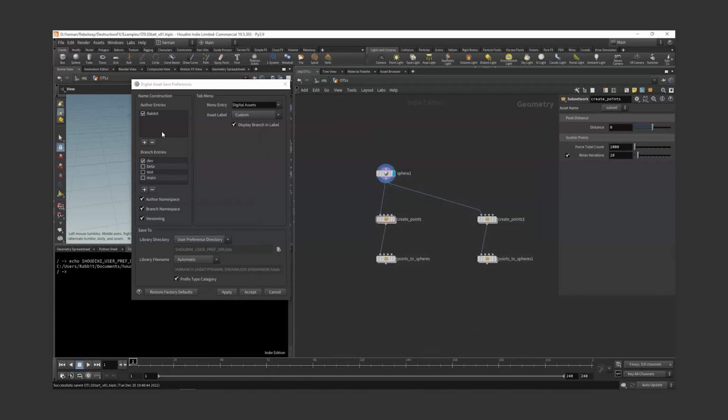So I'm going to add a new author here, which I'm going to call RB, and I'm going to activate RB, and that's going to stand for Rebelway. I don't want to add any branch namespace. For the asset label, I want the label to be automatically set to the same name of the asset. For the menu entry, I'm going to use something like RB or My OTLs, as I said before. And I don't want to prefix the type category into the name of the operator. So I'm going to use this set of options as they are right now,